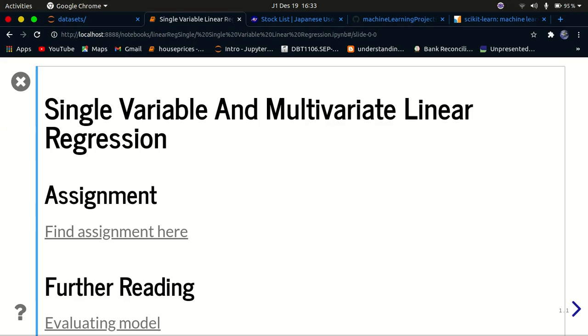So this tutorial is the beginning of a new series on my YouTube channel. We are going to go over a series on machine learning. This is the first tutorial in this series. In this tutorial, we're going to be learning linear regression. We're going to look at the two types of linear regression, the one containing a single variable and then the